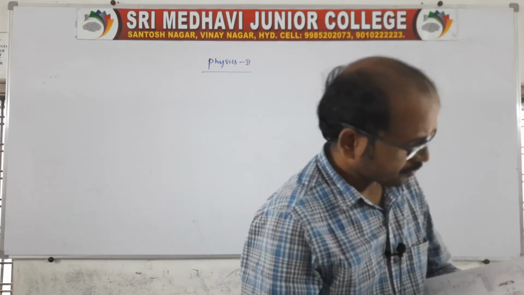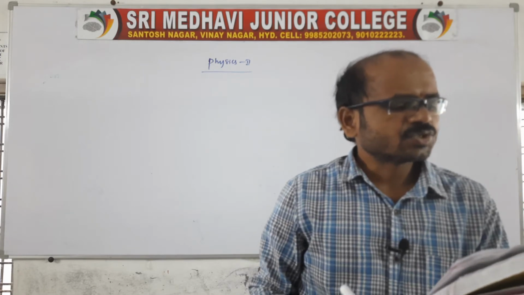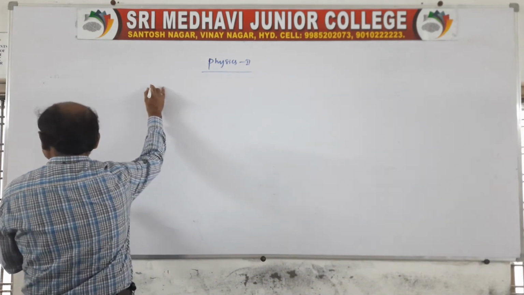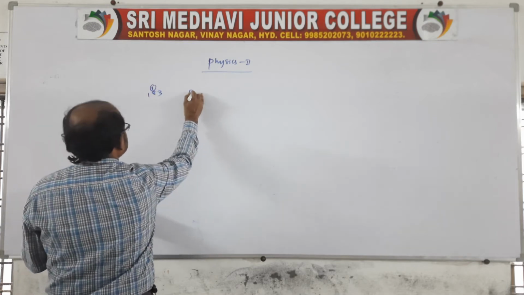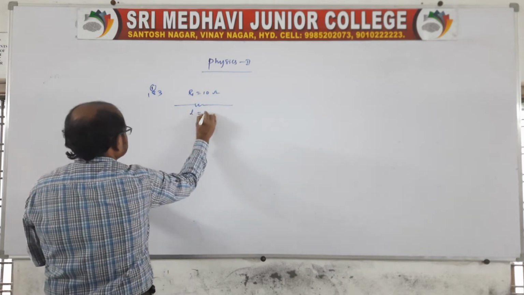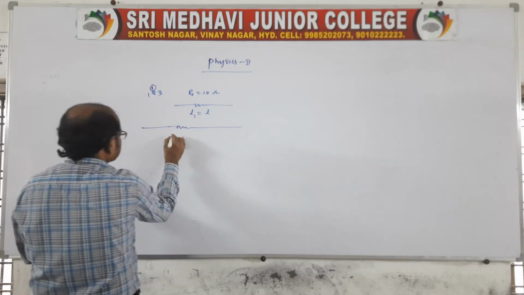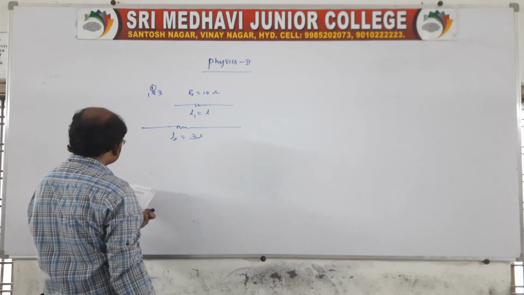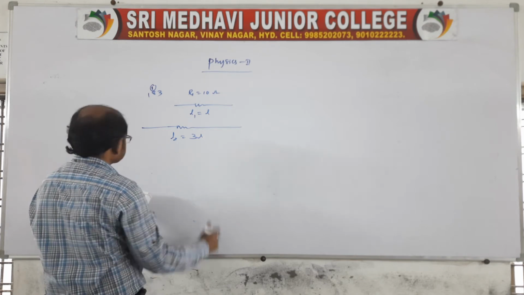Right. So the question is a 10 ohm thick wire stretched so that its length becomes 3 times. The question number is 1, page number is 183. The resistance of the wire is given as 10 ohm, and its length is L1 equal to L. It is stretched, therefore the length becomes L2 equal to 3L. Then it asks: assume that there is no change in its density on stretching. Calculate the resistance of the stretched wire.